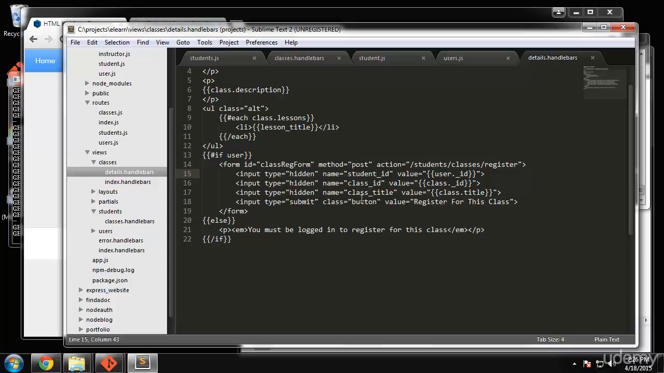Actually, we're going to have to change this. We're going to change this to student username. And then the value here will be user.username. And then the rest is fine. Yeah, the rest looks good. So save that. And then in the student's route,